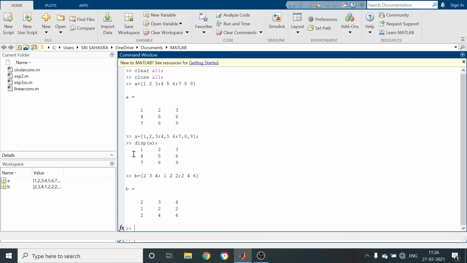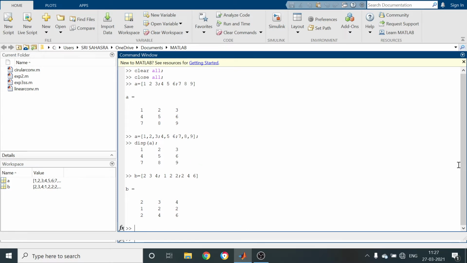If you want to enter through a command, you can simply give A equal to input, enter the elements of matrix C. However, we are going to do that in the editor window. At that time I will explain the input command also. In the command window there is no back button.